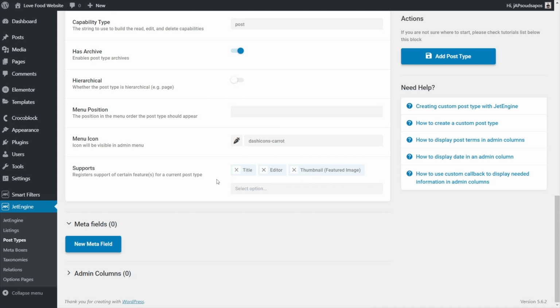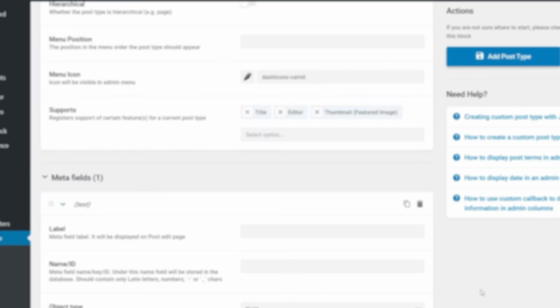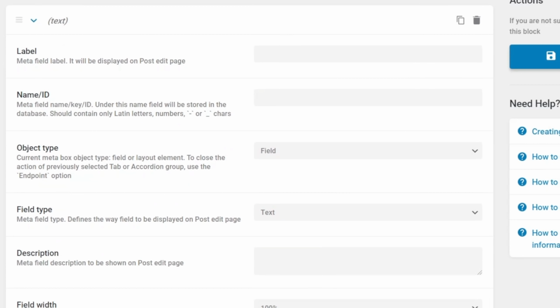So these are the three key fields that are part of WordPress itself, and we're going to add on top of that with our custom options. So moving on down, you can see meta fields is the next thing we have available. So we're going to click to add our custom meta fields in. We're going to click to open that up, and we're now going to just choose all the different fields that we want. So the first thing I want to put inside here is going to be the preparation time for